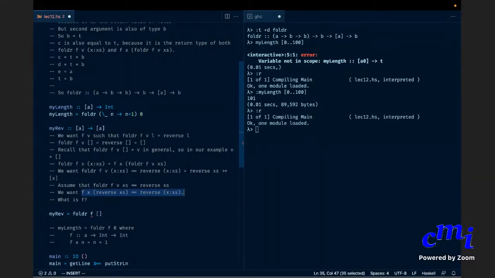Reverse of x colon xs. Yeah, so you want x to go to the ending, right? Like plus plus something. But it's not just f x, no? f x something else. f x l. Instead of reverse of xs, think of it as l. What is f x l? f has two arguments, right? x and l. What is f of x and l? l plus plus x. That's it. l plus plus singleton list x. Somebody is writing something on chat. Okay, great. No, it's not l plus plus x. You see, it's l plus plus singleton list x. Yes. Okay, great.